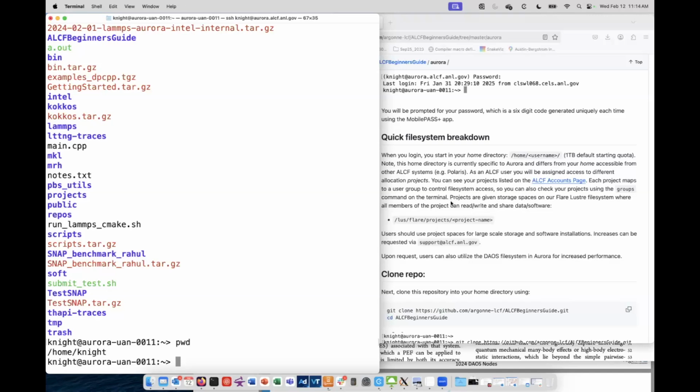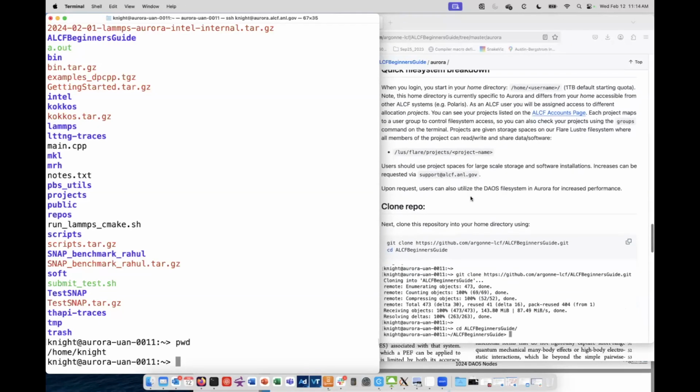And so the project spaces are all located in Lustre Flare projects. If, for example, you were coming from Polaris, you might be familiar with the Grand and the Eagle project spaces. On Aurora, we have the Flare project space. And so one of the first things that we'll do is, again, all of this work is available in